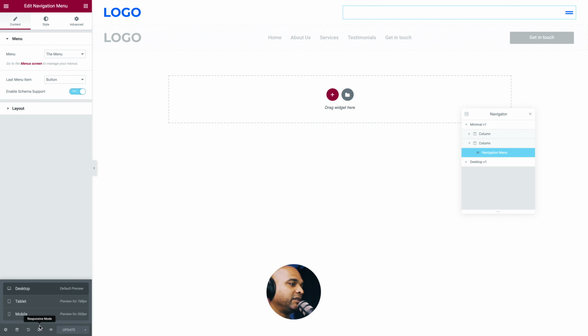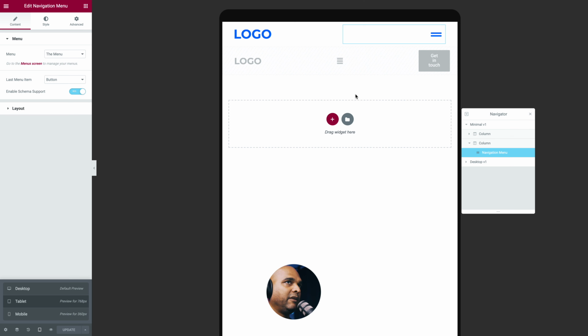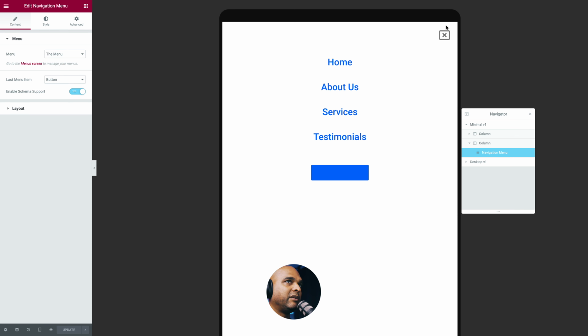Now let's go back into tablet mode. And if I click on the hamburger icon, you can see that there is now some padding around the close icon and the button is centered. Now we need to take care of changing the color. So let's go back into desktop mode